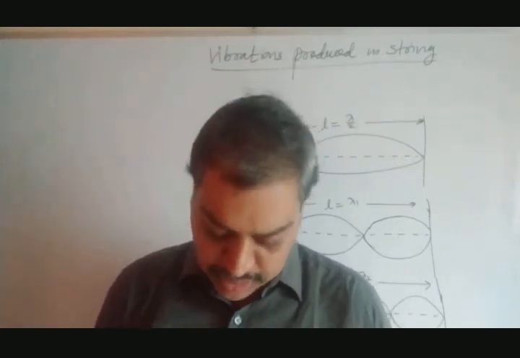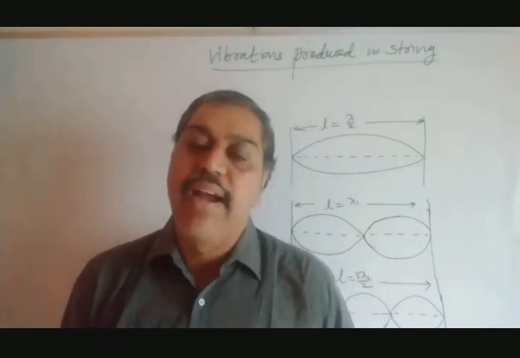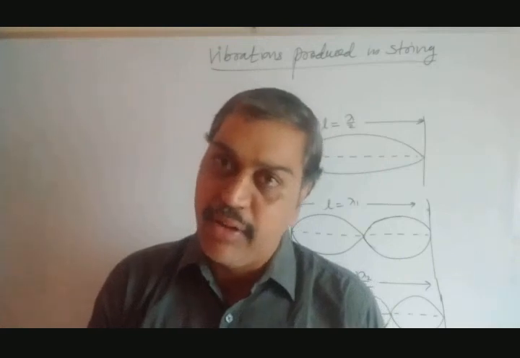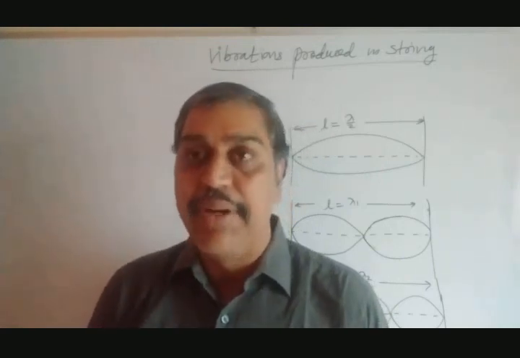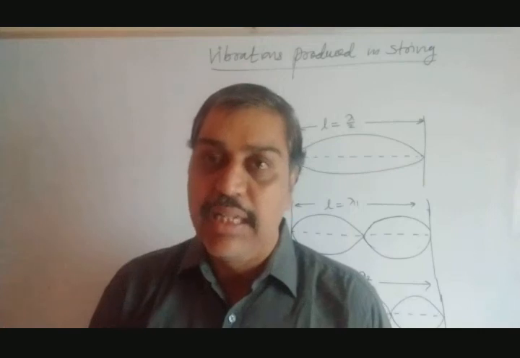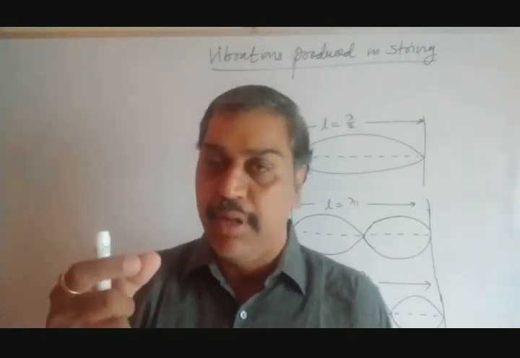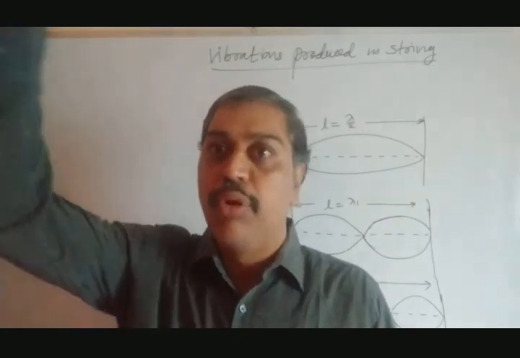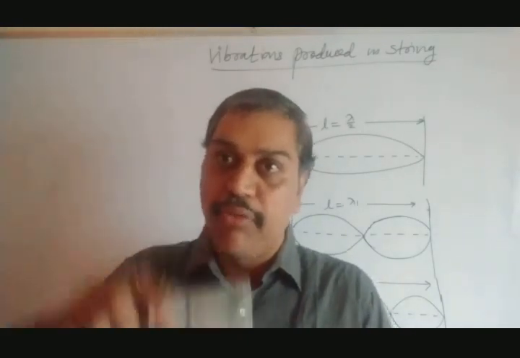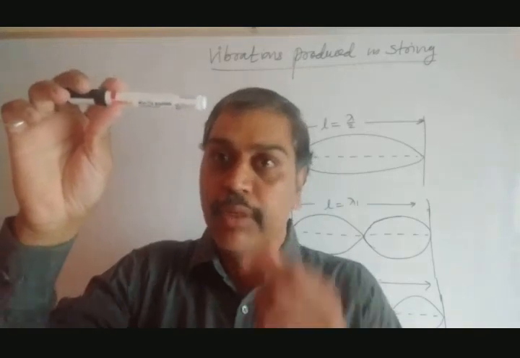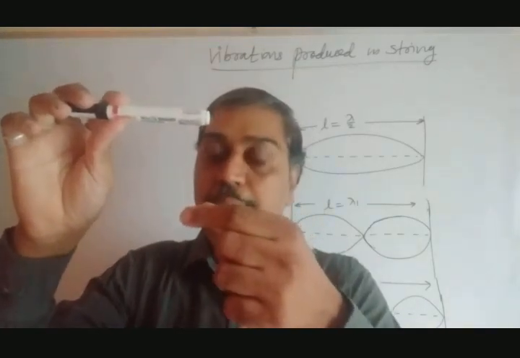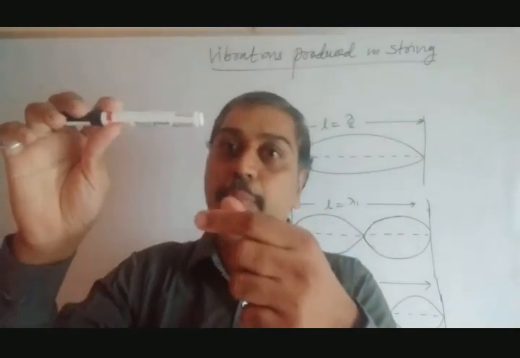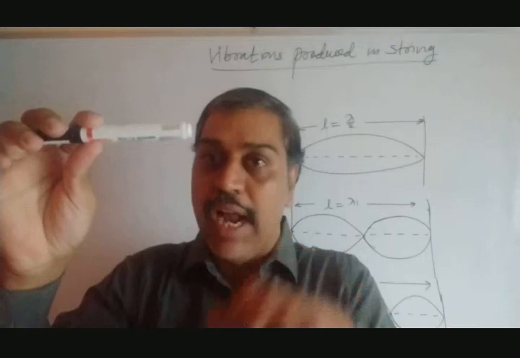After that, there is one activity. In this activity, you can find out the velocity of sound wave at room temperature anywhere on the earth's surface. One hollow tube is taken, and another hollow tube is kept inside it. In the bigger tube they pour water, and then tune a tuning fork and move it to the upper end, above the inner tube. Then one end is in the water and the other end is in the air. So that is a pipe open at the air side and closed at the water side.